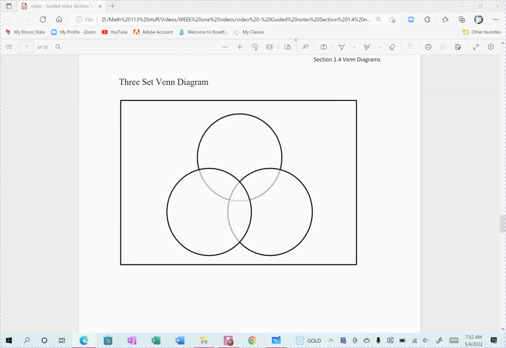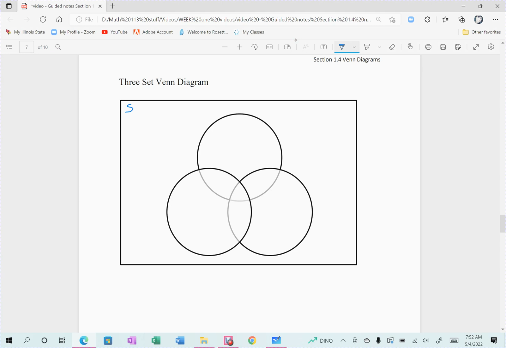All right, so we just did 2-set Venns. Now we're going to up it to 3 sets. So 3 sets means there are 3 things that we're taking into consideration. And so we have 3 circles now in our survey. So the big rectangle still represents everybody. That would be everybody in the survey. That would be all people. So it should add up to the exact same number